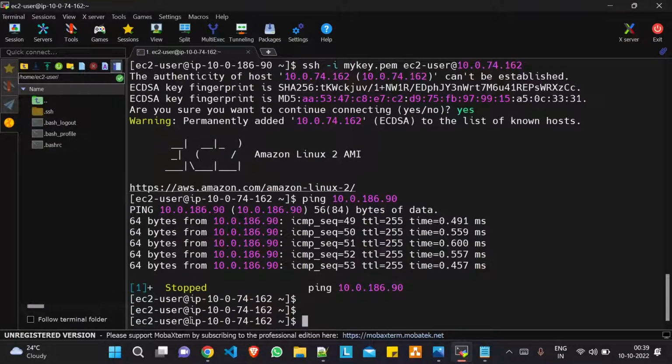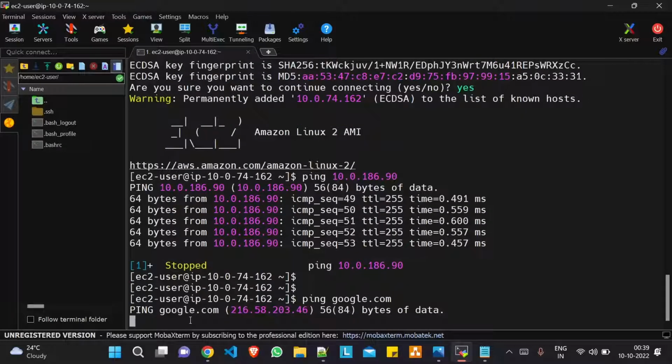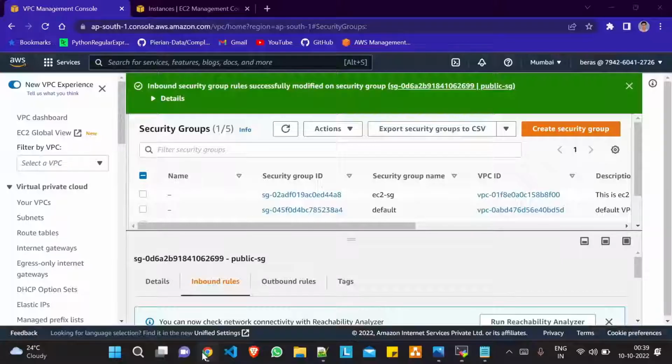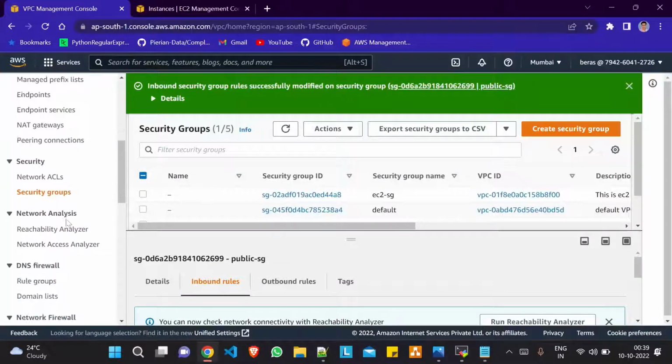Fine. Now let me ping google.com. Okay, it's not working. That means it is unable to connect to the internet, but it is able to connect to the internal network of the VPC. Fine. So for that, what we need to do? We need to create one NAT gateway to communicate to the internet. So let me create one NAT gateway,